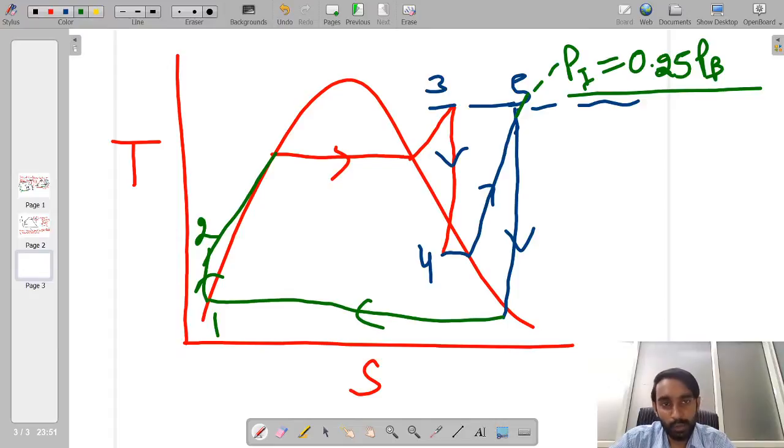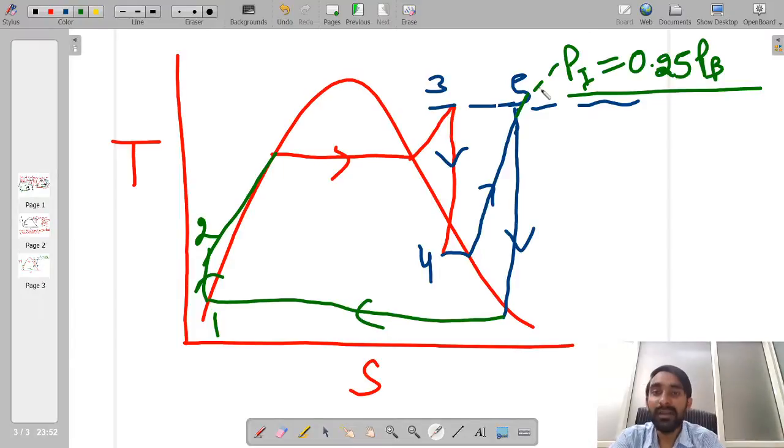Okay, and one more point you have to remember: when you will be solving numerical problems, majority of the time you will find that the maximum value of temperature after the second stage of reheating, I am talking about temperature number 5, is given. Okay, this is the maximum temperature after the reheating stage. If it is not given, then ultimately we have to take this value up to the maximum temperature which is possible inside the cycle. Okay, so these are the characteristics of the ideal reheat cycle.